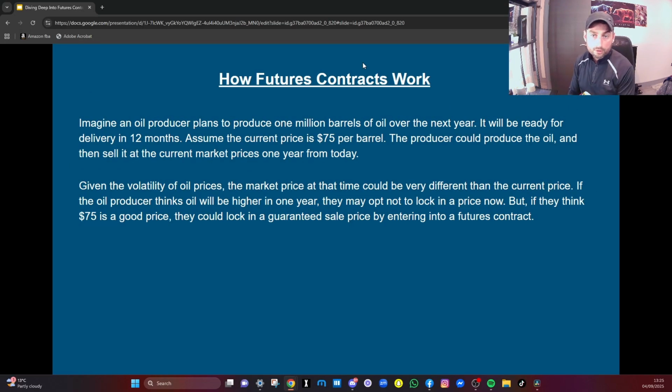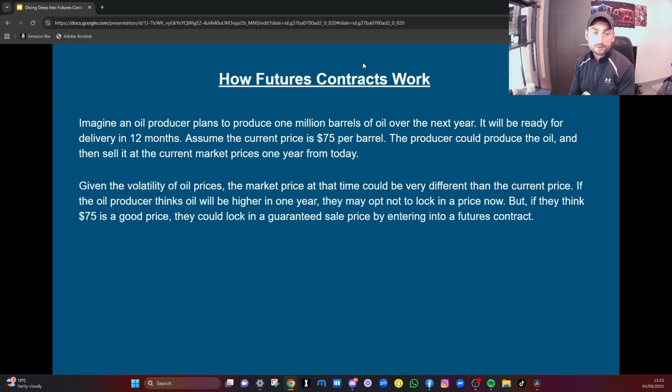How do futures contracts work? Imagine an oil producer plans to produce 1 million barrels of oil over the next year. It will be ready for delivery in 12 months, assuming the current price is $75 a barrel. The producer could produce the oil and then sell it at the current market price